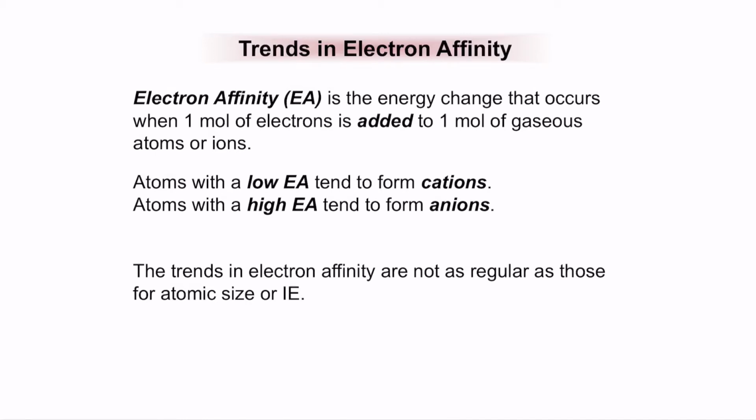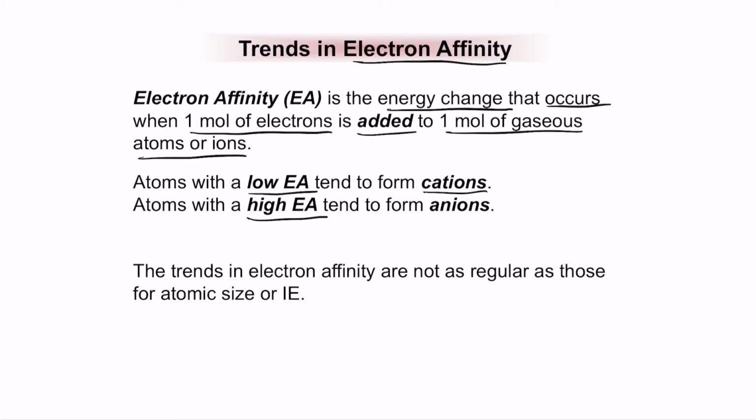Welcome to lecture 2. In this lecture, let's continue our discussion on chemical periodicity and the properties of chemical periodicity. So let's start with electron affinity. So what is electron affinity? Electron affinity is the energy change that occurs when 1 mole of electrons is added to 1 mole of gaseous atoms or ions. Now, when you have atoms with low electron affinity, they tend to form cations, and the atoms